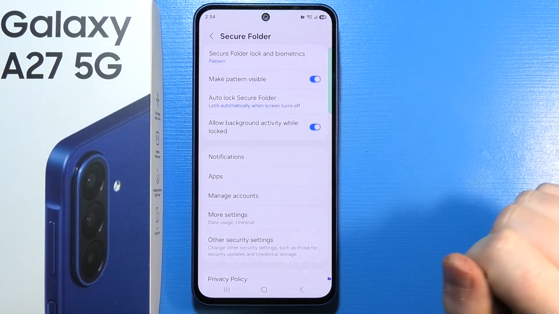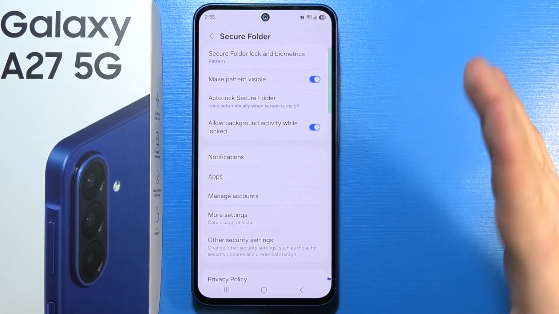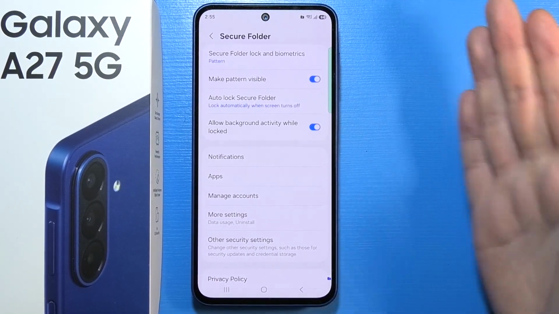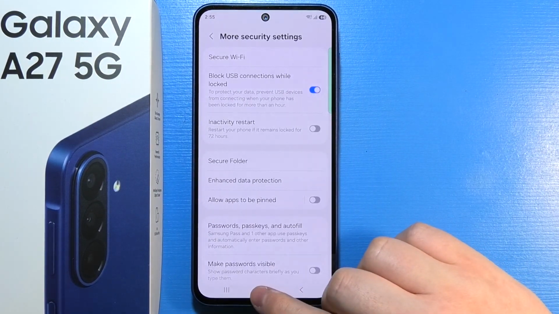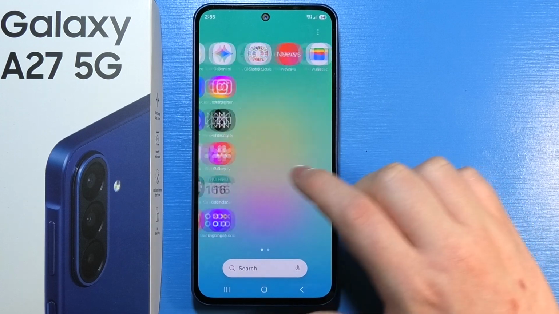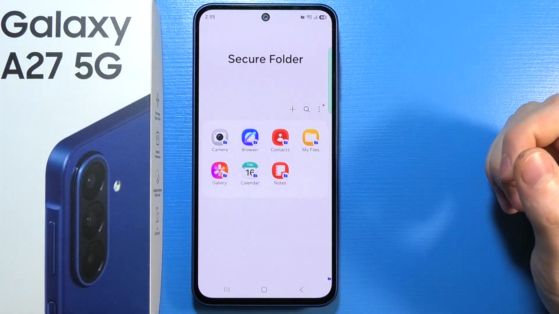You will need to create your secure folder. If you're not sure how to do it, then I've made a dedicated video on how to set up secure folder, so you can watch it. Then when you have your secure folder created, you can find it on your home screen, open it, and then